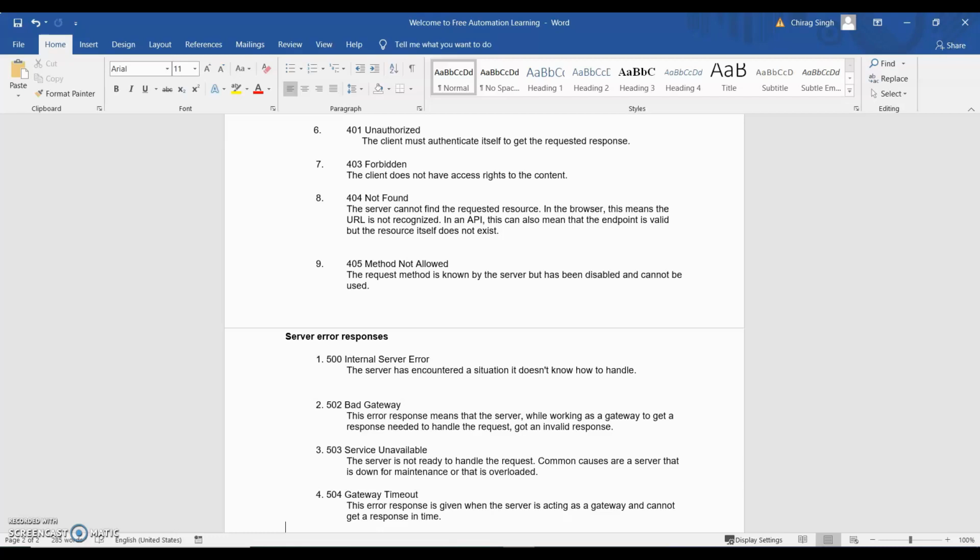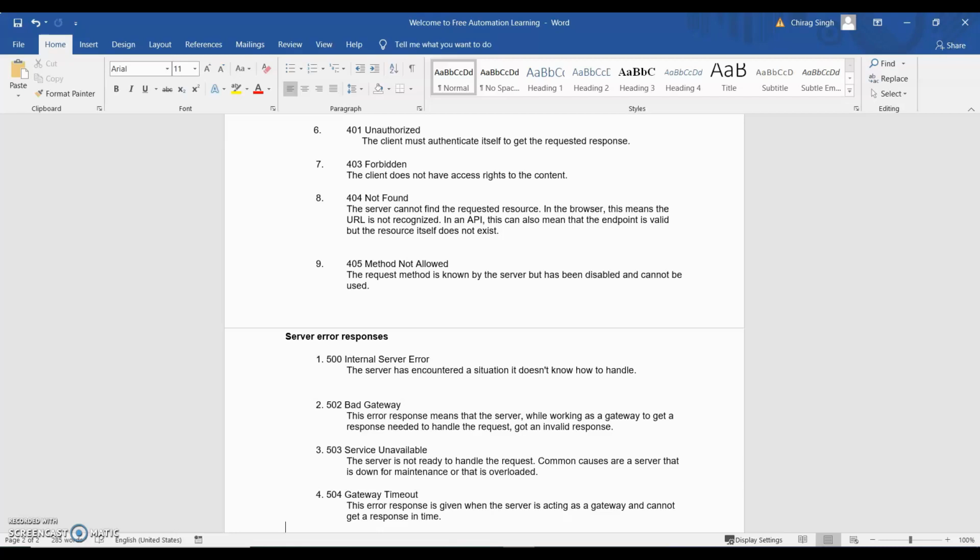502 means bad gateway. This error response means that the server, while working as a gateway to get a response needed to handle the request, got an invalid response. So when my request goes to a gateway, the gateway needs to handle the request, but it is getting an invalid response. 503 means service unavailable.